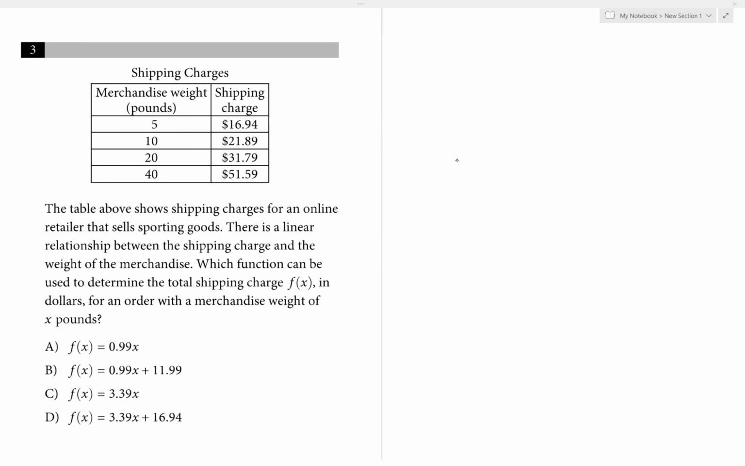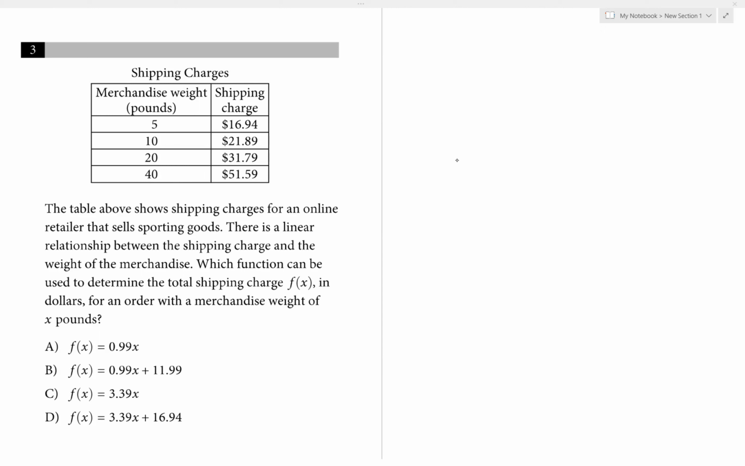Okay, number 3. The table above shows shipping charges for an online retailer that sells sporting goods. There is a linear relationship between the shipping charge and the weight of the merchandise. Which function can be used to determine the total shipping charge f of x in dollars for an order with a merchandise weight of x